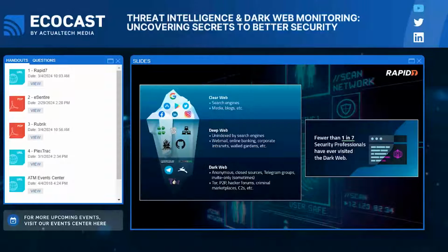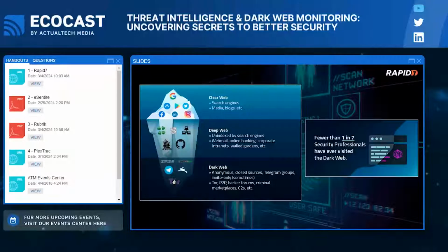But the dark web is part of the internet that is not accessible by the browsers that all of us are using every day. So it's made up of hidden sites that are only accessible from the Tor browser or specialized search engines. And again, it's really ground zero for a vast majority of cybercrime that goes down today. Not to say that there isn't cybercrime on the clear and deep web, which of course there is, but really the dark web is home to a lot of this nefarious behavior.